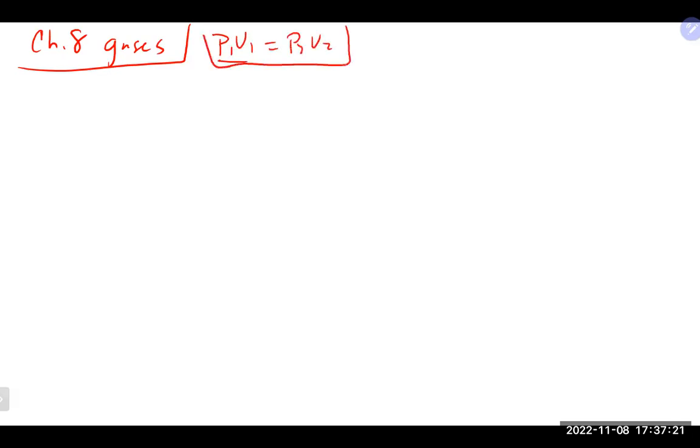Talking about chapter 8 here, which is gases. And we talked obviously about a bunch of different gas laws the previous couple of times. Reminder, we have our Boyle's law, our Charles's law, our Gay-Lussac's law,